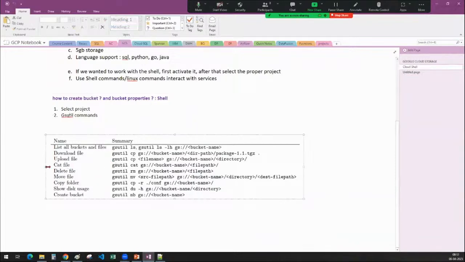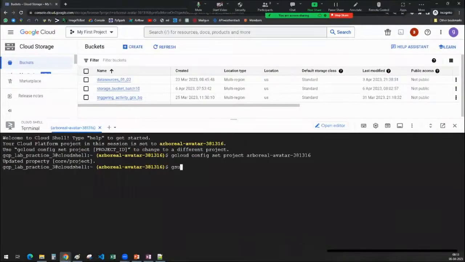Now, if I want to create a bucket, you see here at the end, create a bucket. What is this command, sir? gsutil mb gs://bucket-name, we have to provide it. I will go here: gsutil mb gs://bucket name. It should be a very unique name. We already know, for example, if I give bucket-1, do you think it will be created? Because the bucket name is